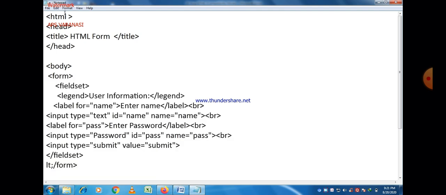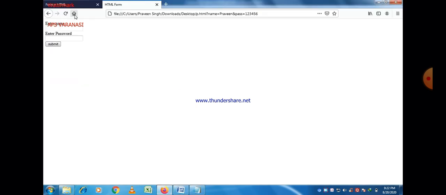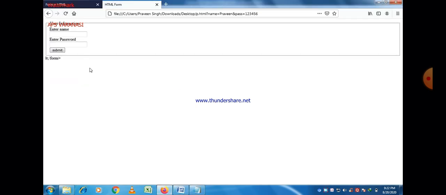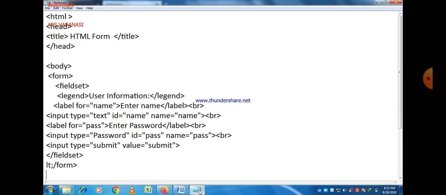Okay, save the program, execute the program. You can easily see that all the information is in a box. And last is lt.form here, because we don't write the less than sign like that in the form.